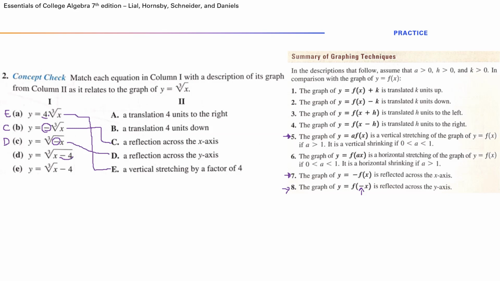Then square root of x minus 4, the minus 4 is inside under the root. So that would be go to the right 4 units. D with A. Now minus 4, but it's outside, it is not under the root. So that will be up or down. And it's minus, so it will go down 4 units. So E would be